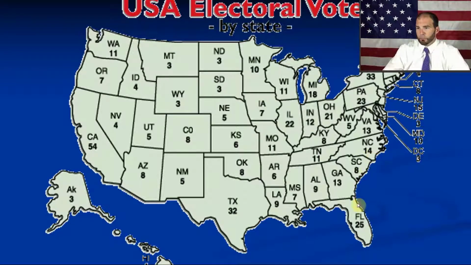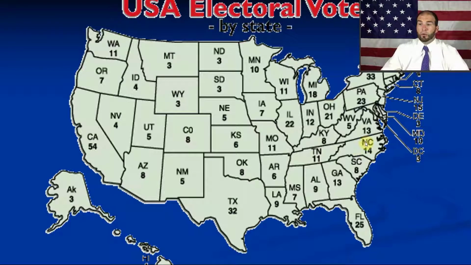So these numbers here, and this is the most recent one. I think they have changed since then, but these are the ones in my brain. These are how many representatives each state has based on their population. This is also the total number of votes the state gets during a presidential election. And the president's the only one that's elected like this.